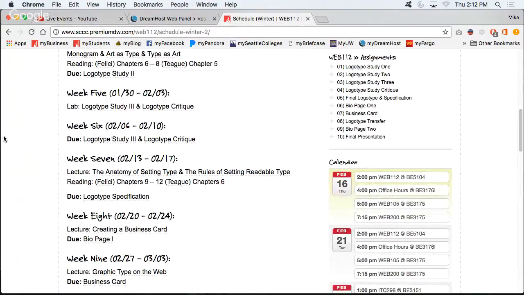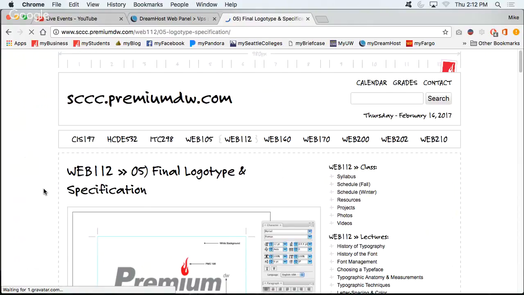Specification due by the end of the week. However, I will give you until Tuesday to turn it in, okay, because we were behind half a week due to that doctor's appointment of mine. Does that make sense? Okay, so in terms of logo specification, what I am looking for is, and this goes along with today's lecture,